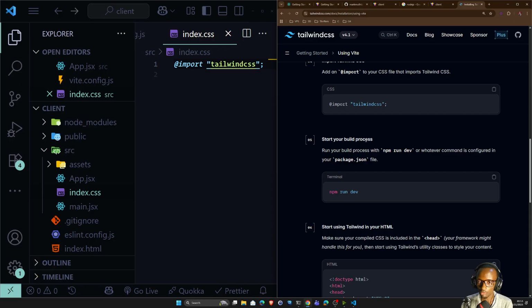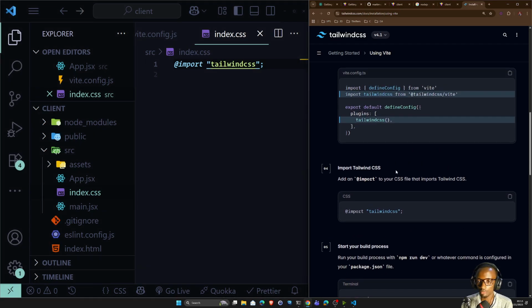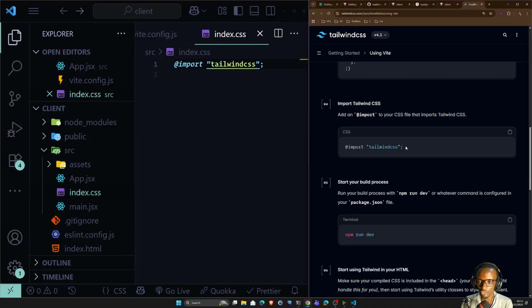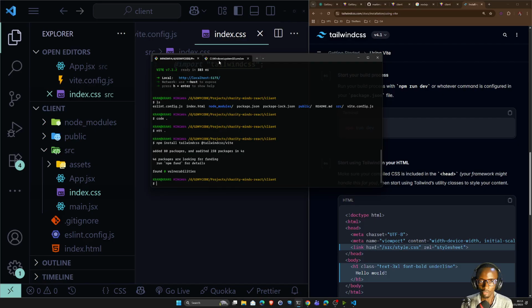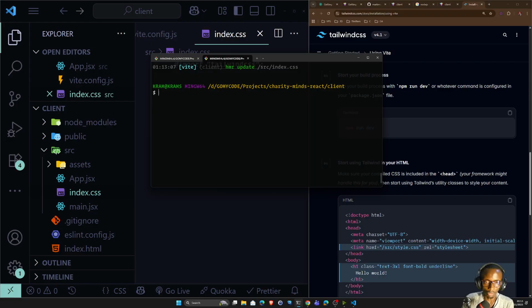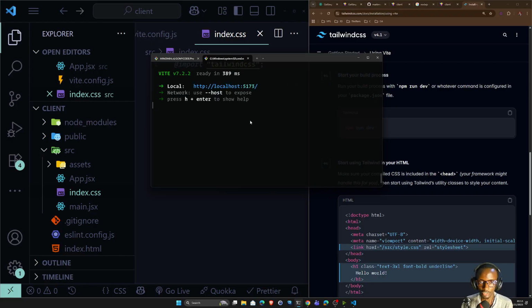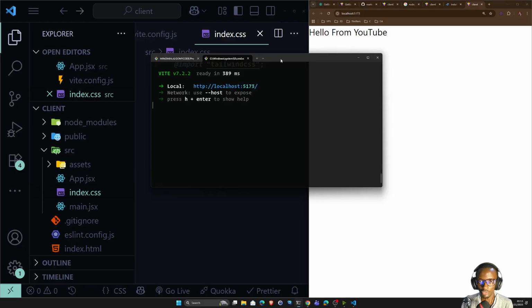Then we start our build process with npm run dev. Now the moment we do that, Tailwind's done. Actually, right now, the Tailwind configuration is done. This is the last step. Then all you have to do is run the dev server, and it should pick up our Tailwind config. So I will rerun that server and go to our app, you can already see that the font has changed